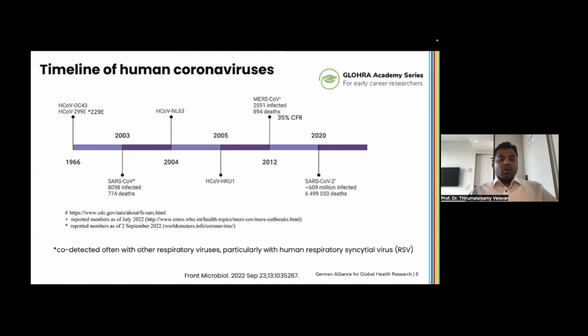What is to be noted here is that most of these coronaviruses, especially the 229E or the OC43 or the NL63, we have often been exposed to these viruses, especially the children population. And these are often co-detected with other respiratory viruses, particularly with the respiratory syncytial virus, RSV, which we call it as